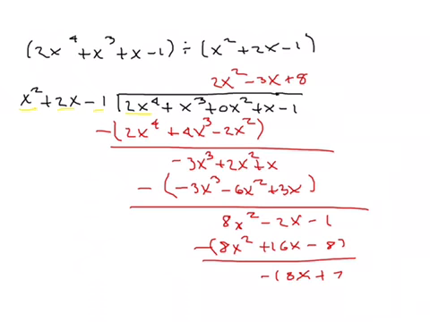So our remainder is, remainder on top of our fraction, so negative 18x plus 7, divided by our divisor, right? And again, our divisor was this stuff right here. So we get x squared plus 2x minus